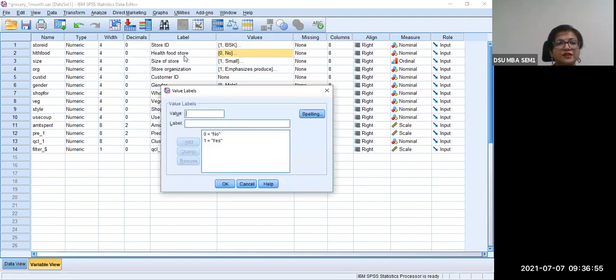Now here, for example, see: is it a health food store or not? What do you see here? There are two types of labels, or coding, given here. 0 is no, 1 is yes. So the question would have been, is that a health food store or not? Or identifying whether the response is received from a health food store or not. If it is not a health food store, it would be given a 0 value. Otherwise, it is put as 1. So this is where the coding is actually happening.